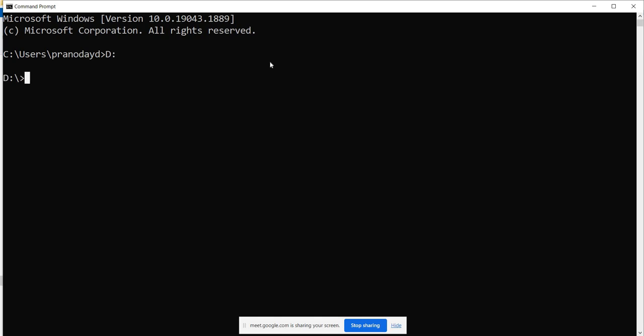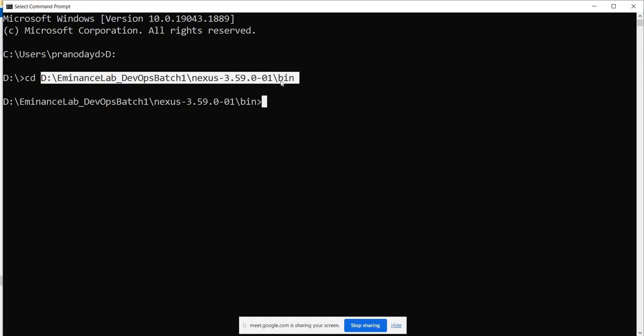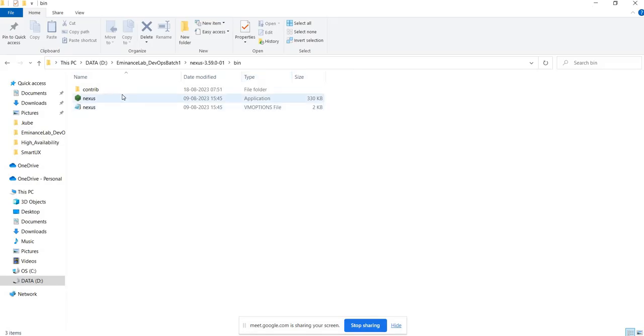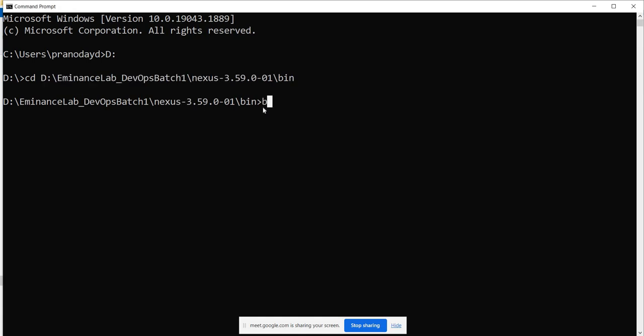Let's change the drive to D, and we are now starting the Nexus server. For that we have to change the directory to the bin folder where we have this Nexus application, and we will say nexus/run. So it will start the server. Okay, now let the server start, and by the time it gets started, let's start discussing